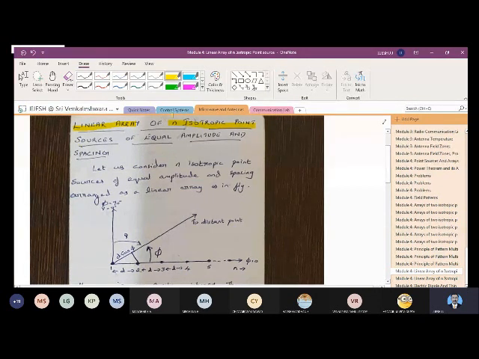So here we are going to define, we are going to take not one or two or three, but n isotropic point sources of equal amplitude and spacing. Before, in case 1 and case 2, we have seen two isotropic point sources of the same amplitude and same phase. Here we are going to see n isotropic sources of equal amplitude and equal spacing.